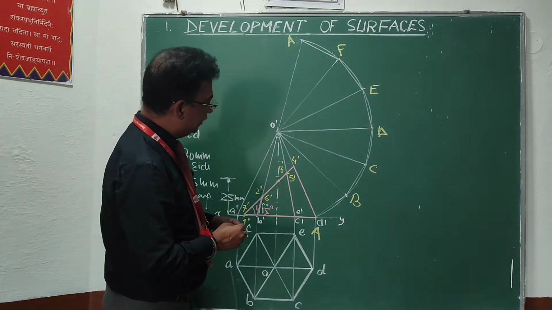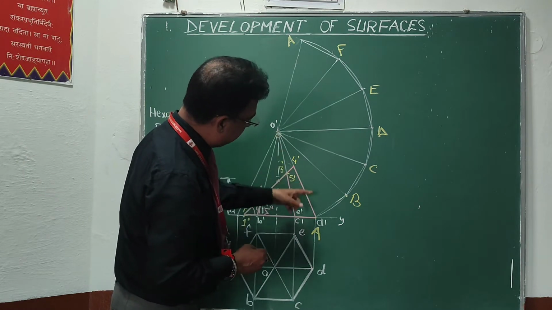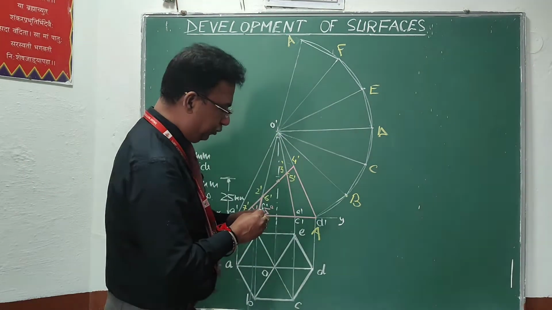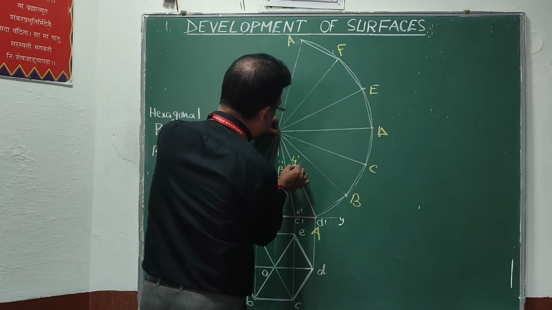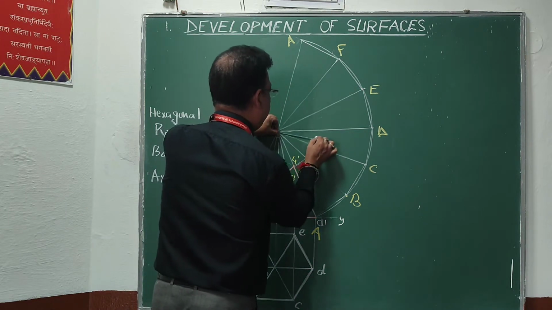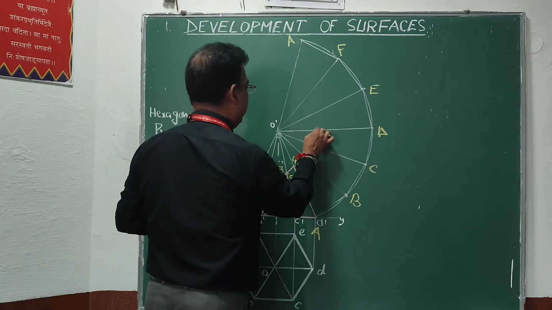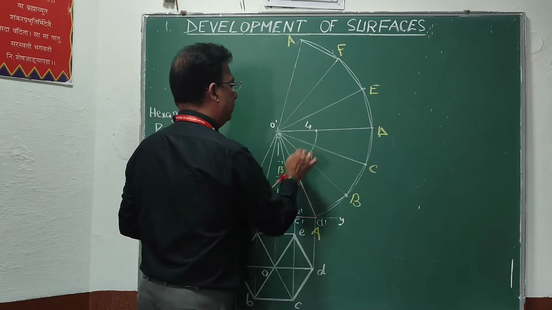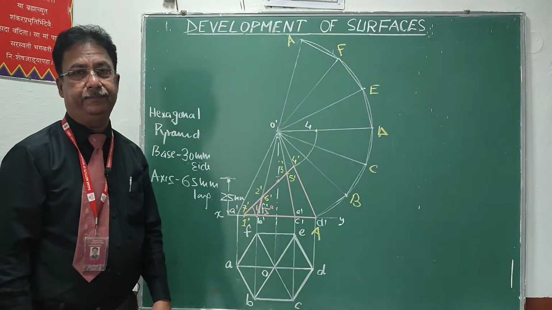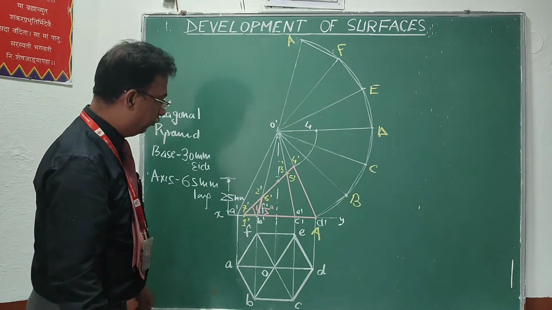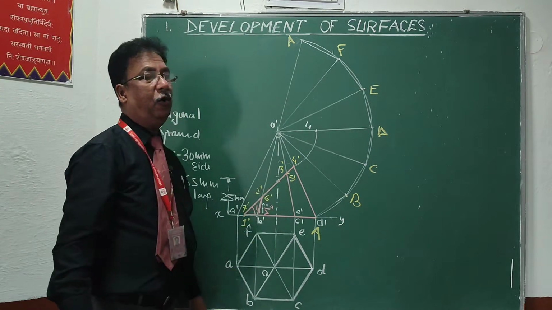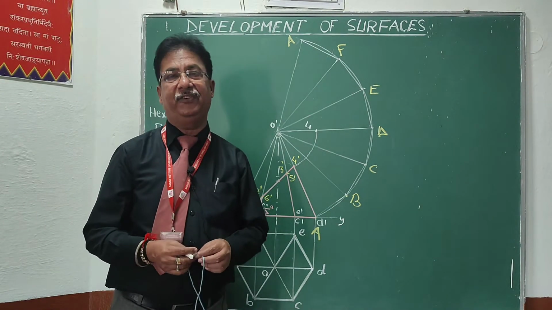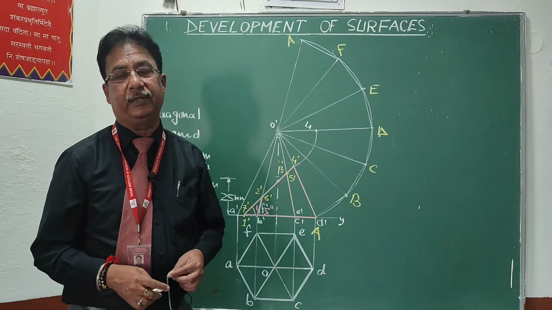So if you look at this point 4 dash, this line O dash D dash will be showing the true length. It means the distance O dash 4 dash will be the true distance. So I can easily switch it from here to here and I can get the point 4 on the line OD. But what about the other points 2 dash, 3 dash, 5 dash, 6 dash? These are on those slant edges which are inside the figure. It means they are not showing the true length.